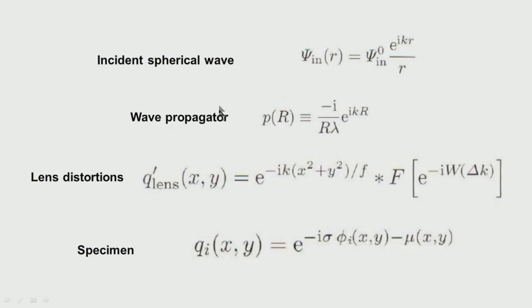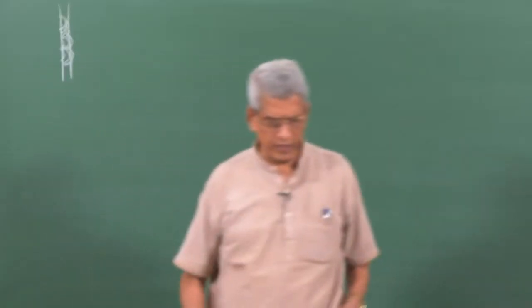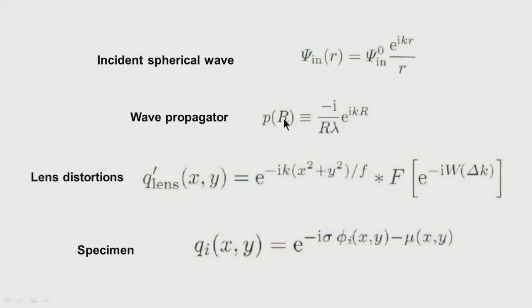Then only can we completely describe the amplitude of the wave at a particular point anywhere on this wave front. That is what essentially is being given by a wave propagator. This is the term which is being used. Then this is the wave which is entering into the sample.